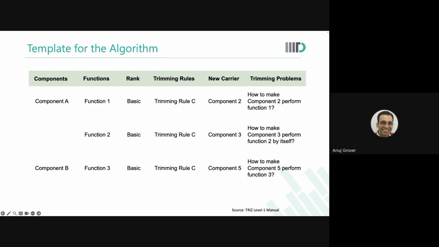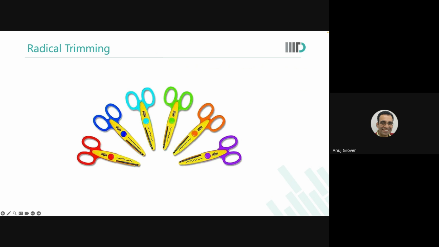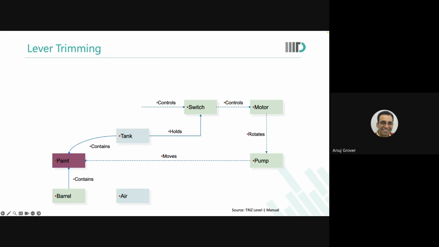Now we look at what is called as radical trimming. So what do we do in radical trimming? What we have done until now is we have said that the switch has to, because हमने lever को trim करा, now switch needs to be controlled by something. Now in radical trimming, you say that